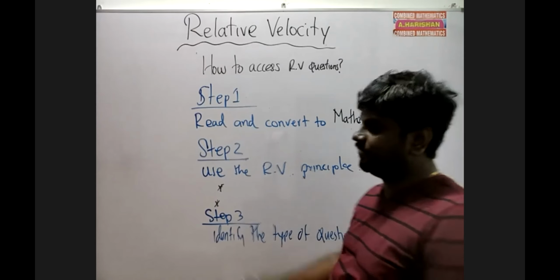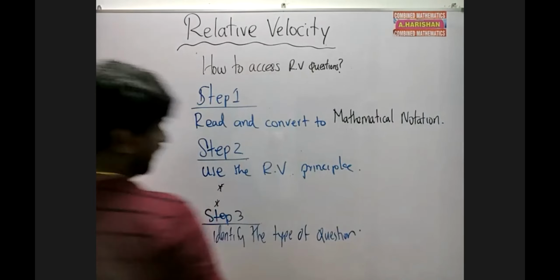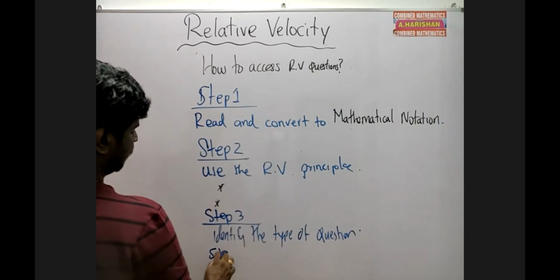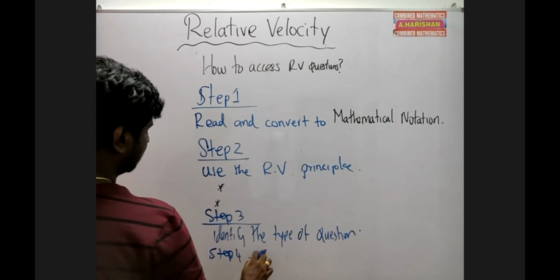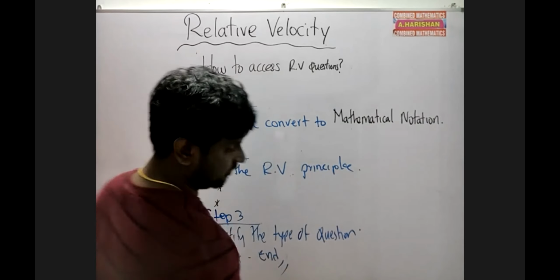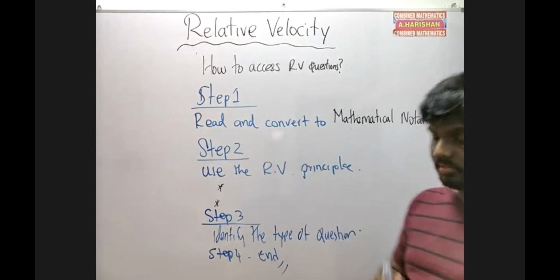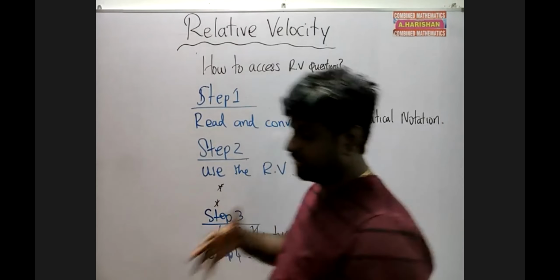So finally, after identifying the type, that's it. You apply and you finish it. So step 4 is end. Finish the question. Right. These are the process. These are the process of how to access the